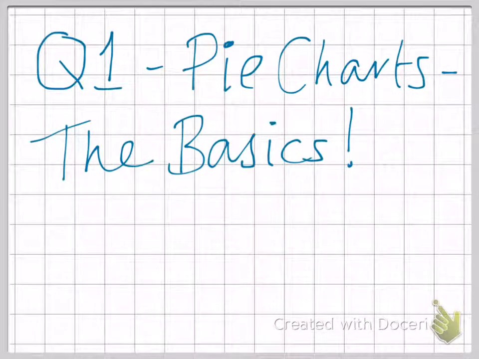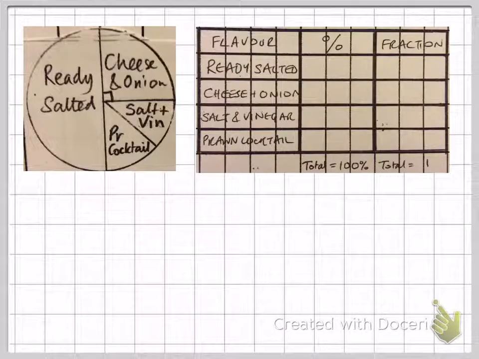Video Q1 goes through the basics of pie charts. So let's start with a pretty simple pie chart. This is a pie chart showing the favourite flavours of crisps in a class of children. At the moment we don't know how many children there are altogether, but we can work out what percentage and